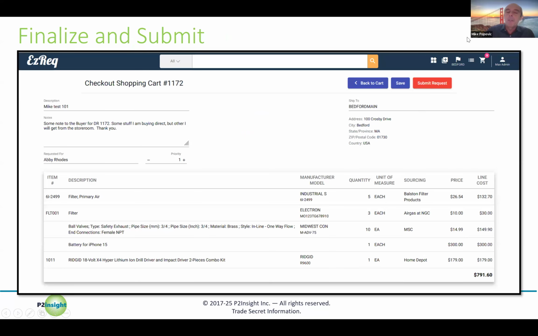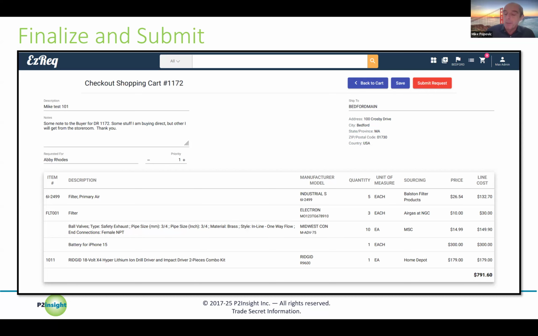On the way to checkout, I put in some additional information like shipping details, additional comments, priorities, and stuff like that. And then when I submit the request, any item that was sourced from a storeroom will create a reservation in that storeroom. Any item that was sourced from a vendor will create a purchase requisition for that vendor. And any item that was miscellaneous, where I didn't know where it was sourced from, will be workflow directed to a buyer or sourcing person who will then figure out what to get where and